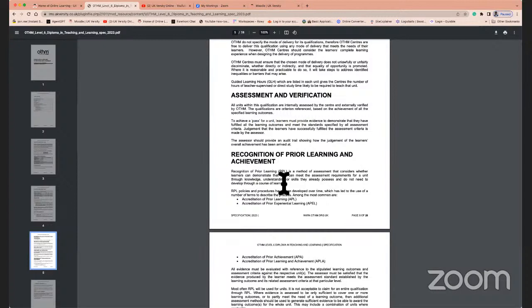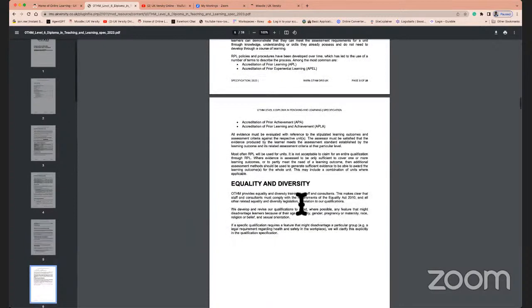So those are bits that you can bring into this particular unit, and in some of the units within this qualification, which will obviously help you reduce the amount of written evidence you need to do. And we'll be looking at the process of recognition of prior learning on that.